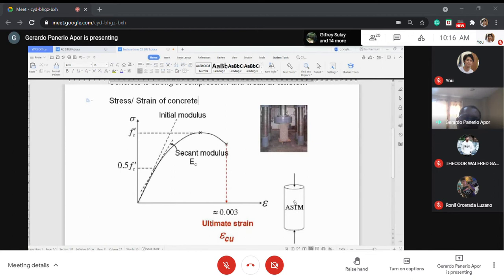These cylinder samples are specimens, no? They're the specimens to be used in testing the strength of concrete. They are crushed by this machine. This machine is either a compression machine or the universal testing machine, because only the universal testing machine, or UTM, and the compression machine can crush a concrete sample. They will crush it, but they will monitor the crushing because it is very